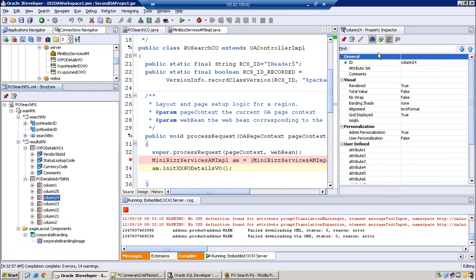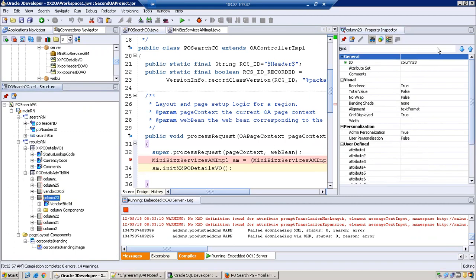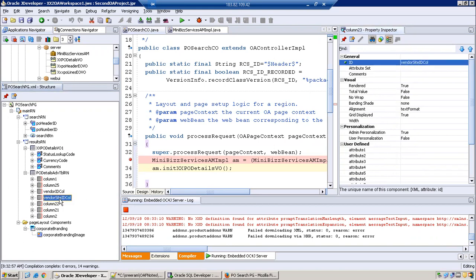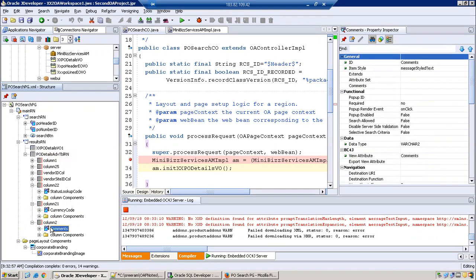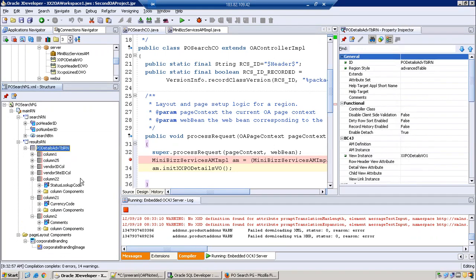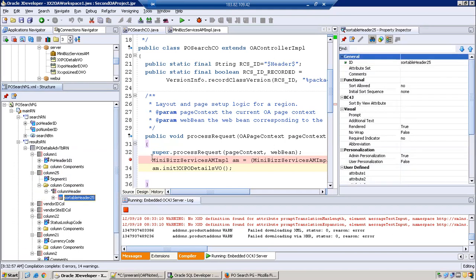Okay, so rename the column header also, so that we'll not have any confusion. I'll say vendor ID COL like this. This is vendor site ID COL. This is kind of a drawback for the advanced table. They should have provided the wizard option, but it is not there from long term. This is this one, and this is this one. Okay, that's it. And now we need to manually mention the column headers. There is no option. Shortcut.